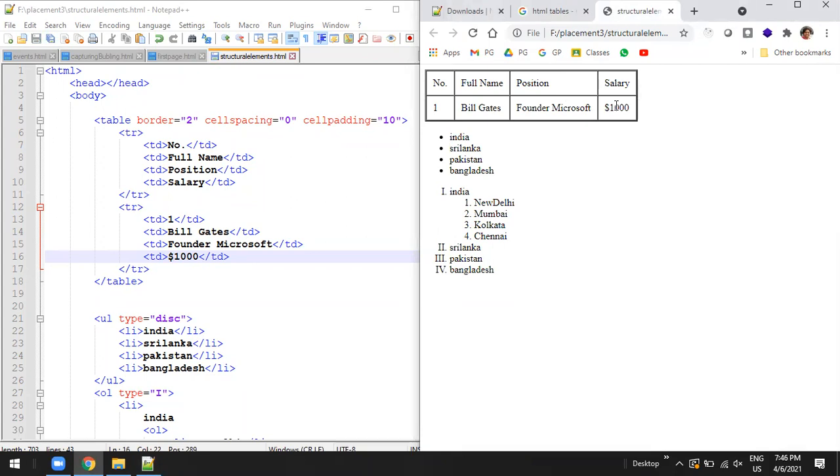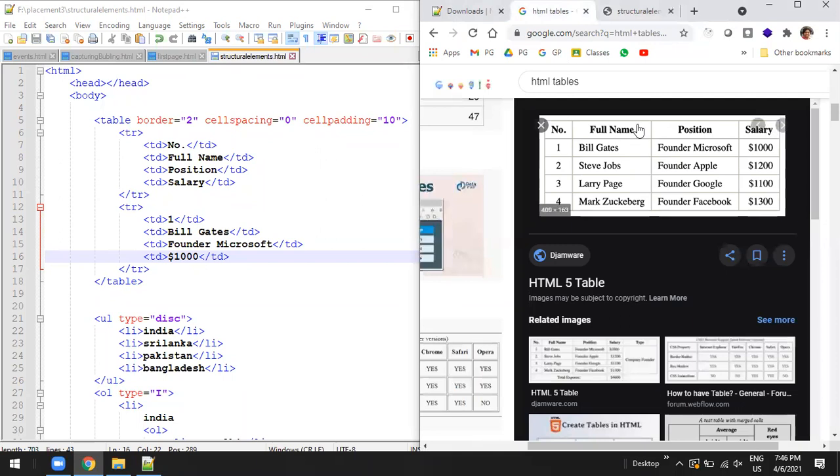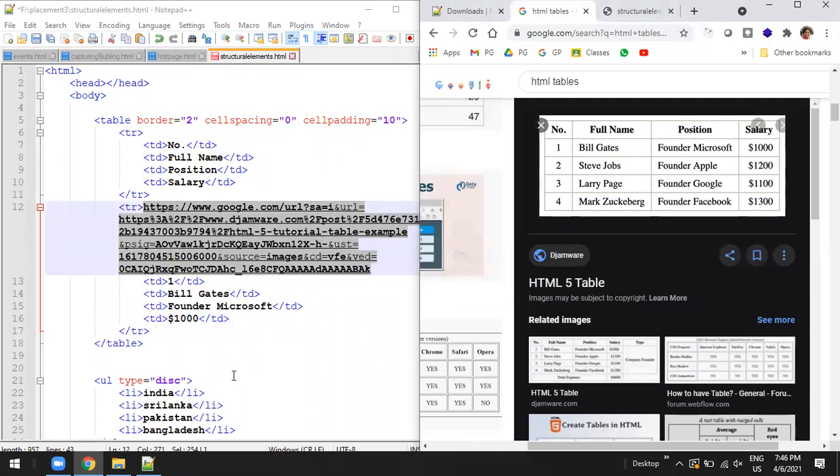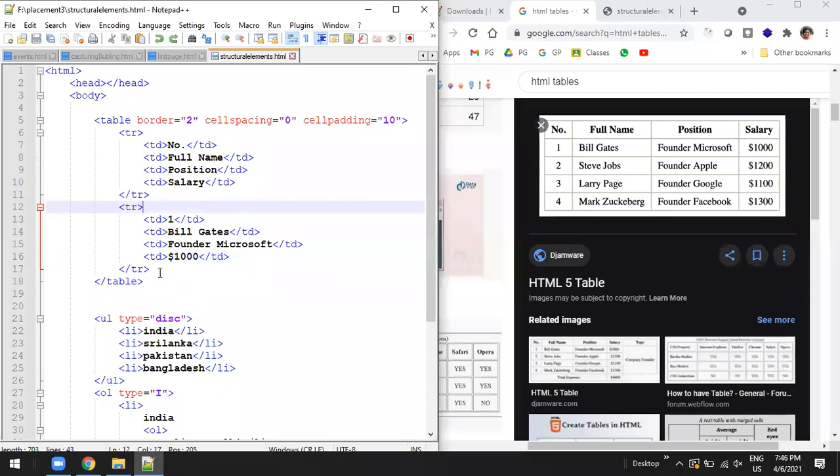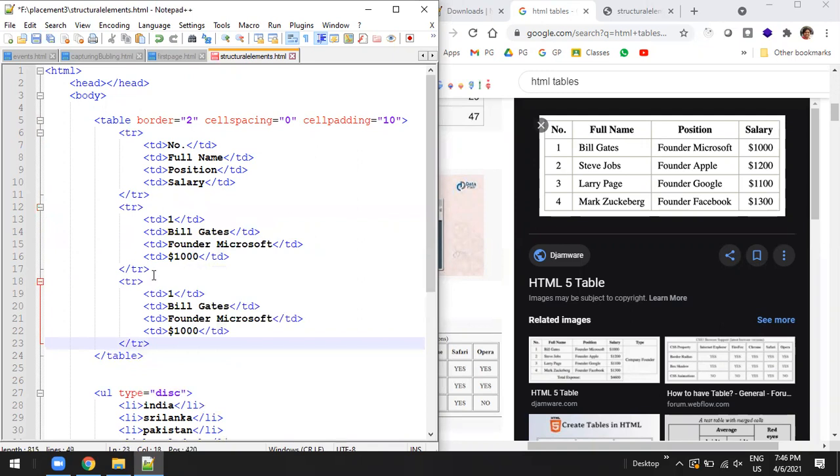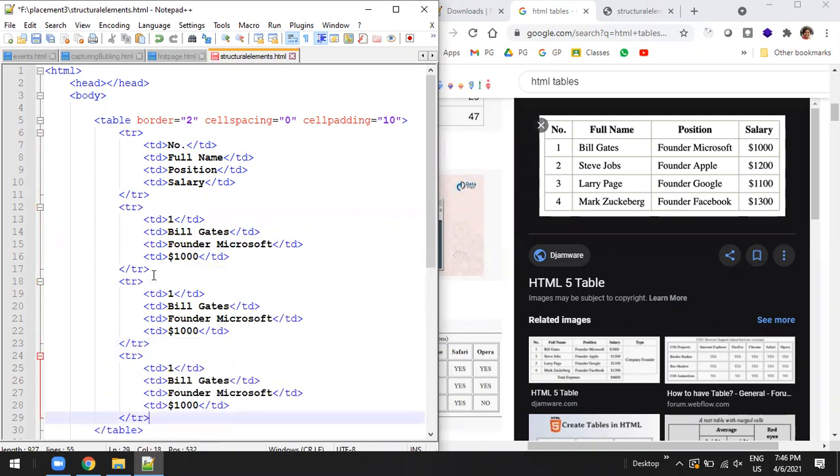Is it similar to that or not? Right. So next, the same way I have to create multiple rows for Steve Jobs, Larry Page and Zuckerberg.